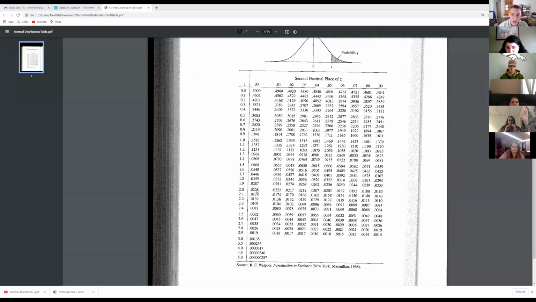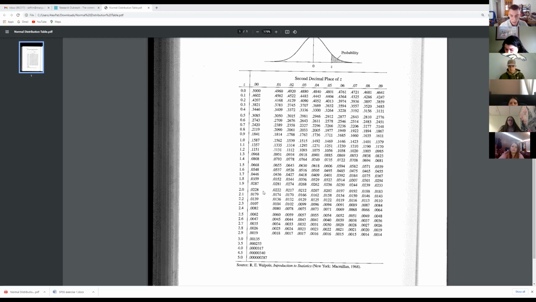So who is to the left of this? What percent of people are to the left of this? It would be this proportion. This is written in proportion. So 0.0228, to read that as a percent, it would be 2.28% of people would have done worse than that person that got a z-score of -2 after you've done the